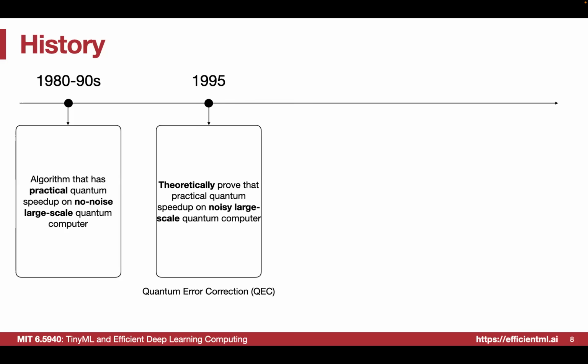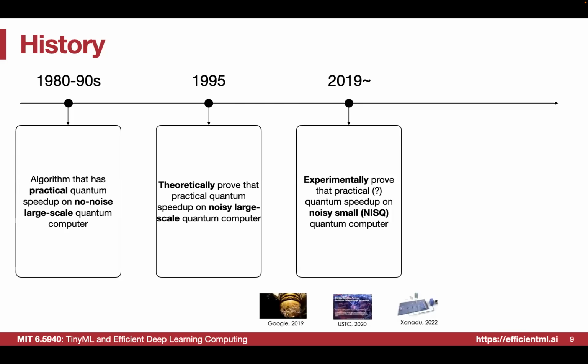Just like a simple example, I send you a 1 bit, and maybe there is some noise, so maybe I can send you this bit repeated 10 times. Then you receive the 10 bits, and maybe some of them are still the original one, while others are flipped because of error. But as long as the error is not that large, not flipping over 50% of them, you can still do a majority vote to recover the original information, right? That's also the intuition behind quantum error correction codes. As long as we have a larger scale system, we can trade redundancy for better reliability. That is the theoretical proof from back in 1995.